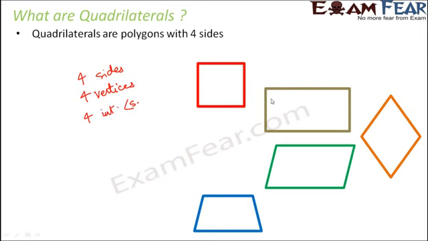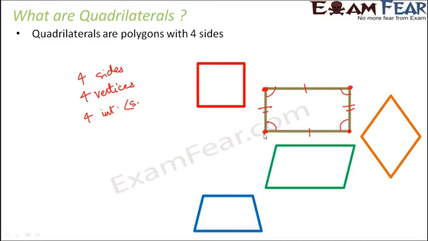So consider any of these. You have four internal angles like these. You have four sides like these. You also have the four vertices, that's these points. These are the things that would be common, that all of them will have four sides, all of them will have four internal angles, all of them would have four vertices. Now what would vary is there could be a variation in the values of these parameters.